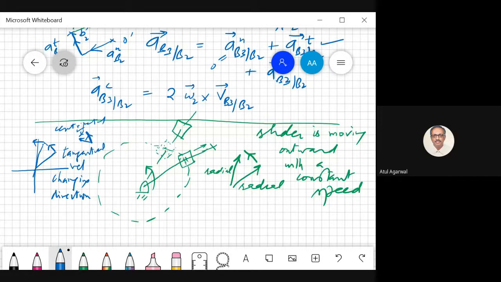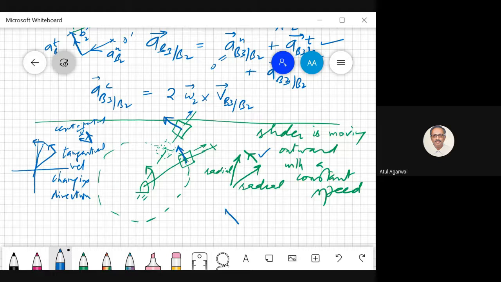Now you have a different situation. Earlier there was only tangential velocity. Now you have a radial velocity. Tangential velocity is also there. Now this is a tangential velocity here. This is a tangential velocity. And another thing is there was a radial velocity which has changed direction. So radial velocity changing direction results in an acceleration of this kind.